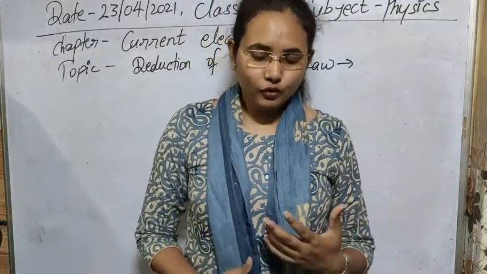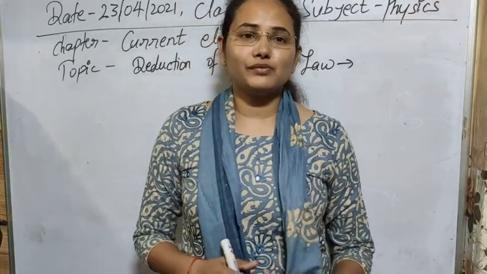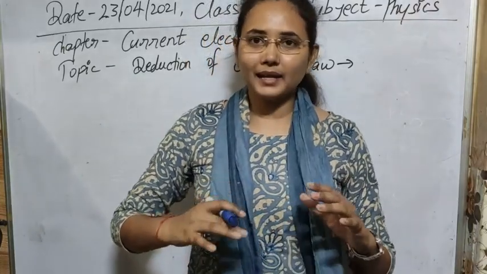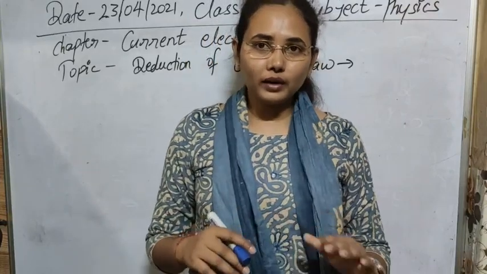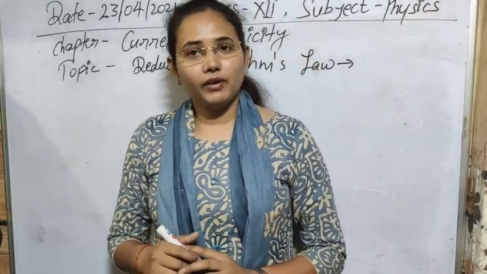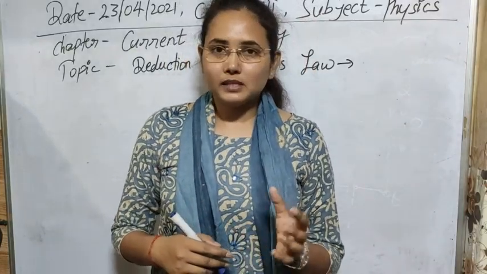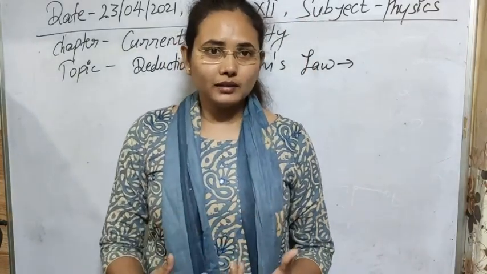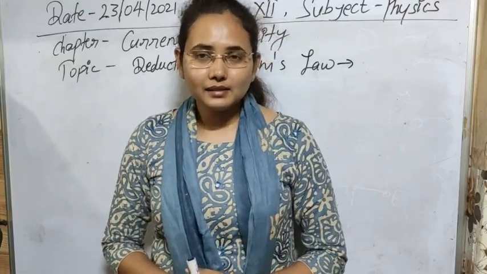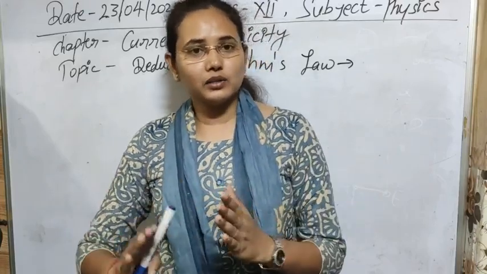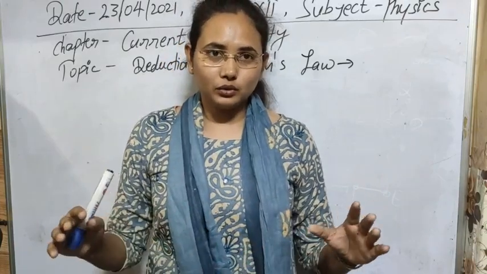Yesterday we discussed how the current flows in any conductor. In the case of current flow, we have seen that when we are not applying any external electric field, no current is flowing in the circuit. But when we apply some electric field, the electrons gain some drift velocity, and due to their acceleration, they start to move towards the positive end of the terminal that we have connected to the conductor.